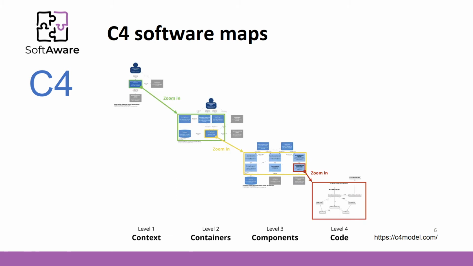In this slide, you can see a similar path of zooming levels. The whole system is marked in green color. As you can see, in the first level, some context about the system is also shown. The system consists of separate applications, in this case 4 applications and a database. Each application has interfaces that are described using component diagrams. The lowest level is optional and shows the implementation of your code.